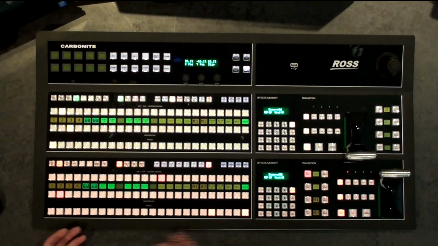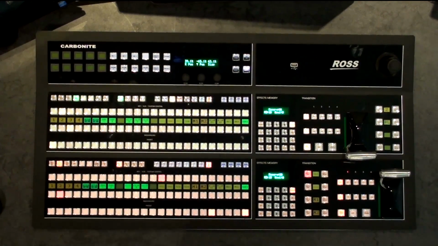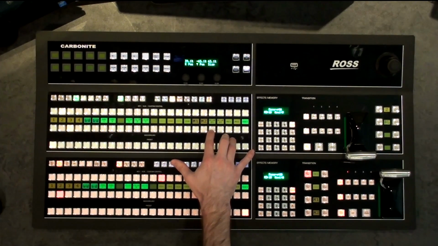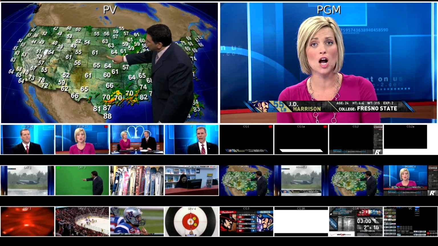So the other example is midstream, where it's in between or it has multiple things re-entered. So what we'll do now is take mini-me 3 and put mini-me 1 into it, or re-entered into it, so to speak. Now that it has mini-me 1 inside of it, we'll change that window back to preview so we can see what we're doing. So now we've got preview in our multi-viewer, and with mini-me 1 re-entered in mini-me 3, I can still take it in preview.